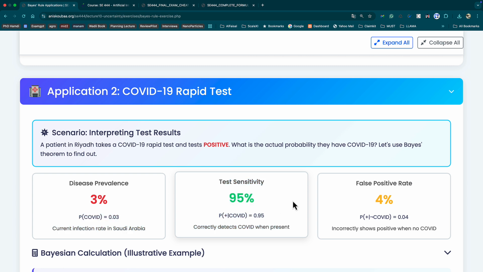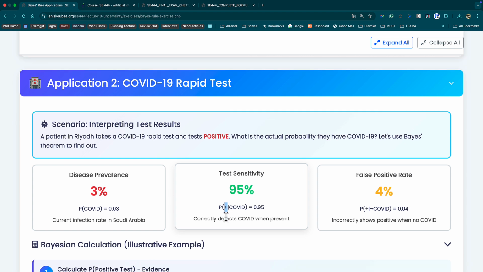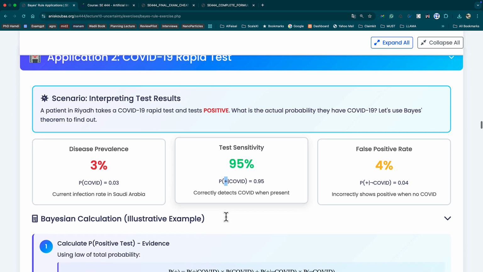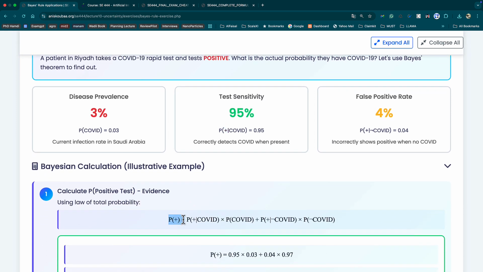0.95 times. How do we calculate this? Yeah, we want to calculate this evidence. So we're going to use the law of total probability. The probability of positive is equal to the probability of positive given COVID, which is given, multiplied by the probability of COVID, which is given, plus the probability of positive given non-COVID, which is given, multiplied by the probability of non-COVID, which is 1 minus